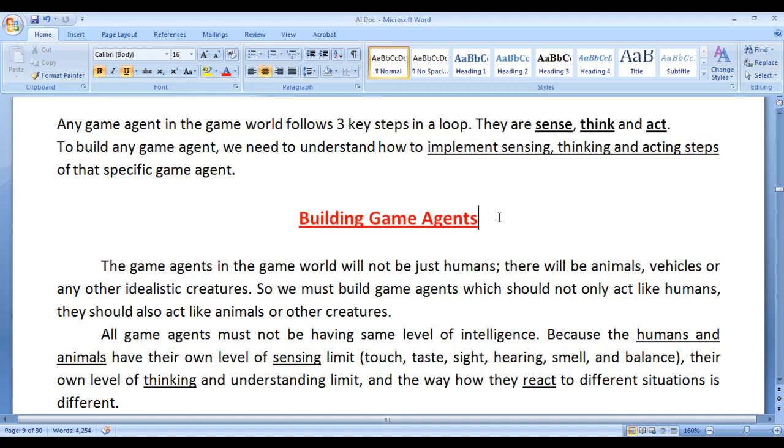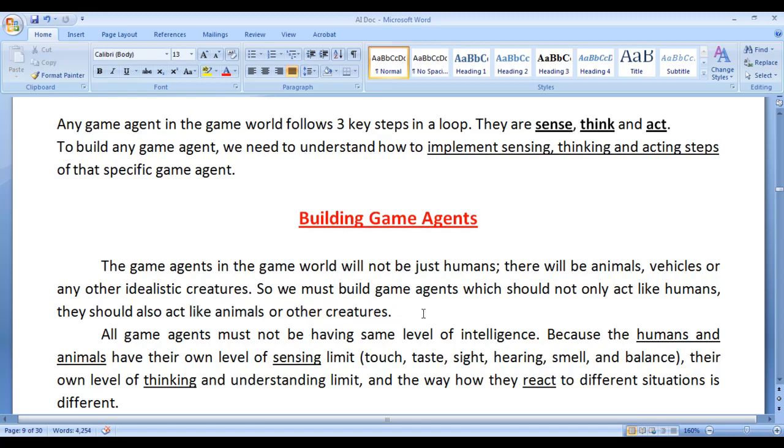From this video tutorial onwards, for the next few video tutorials, we are going to understand how to implement game agents' sensing, thinking and acting steps, or how we implement the sense, think and act cycle. We should remember that the game agents in the game world will not be just humans. There will be animals, vehicles or any other idealistic creatures. So we must build game agents which should not only act like humans, they should also act like animals or